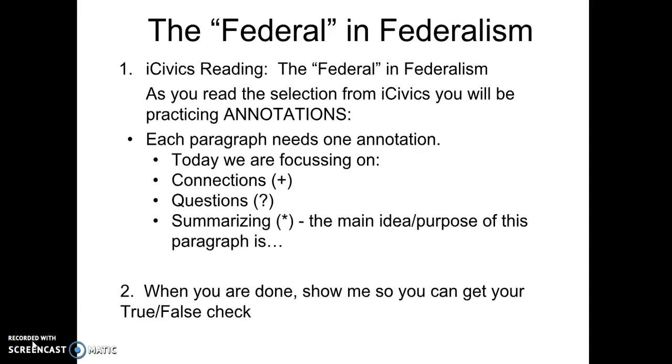Hey guys, today we're going to be learning a little bit more about federalism. At this point, we've probably already read the iCivics article about federalism and worked on some vocabulary about it, but we're going to get a little bit more specific and take some notes on it. So you should have a note sheet in front of you to write this down as we go. And if this is an EdPuzzle, you'll also be answering those questions too.